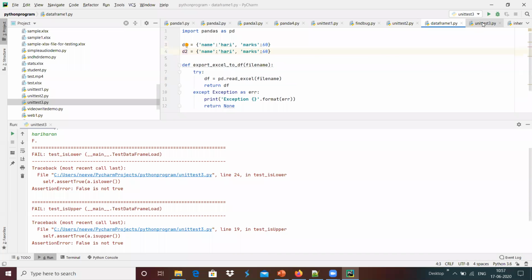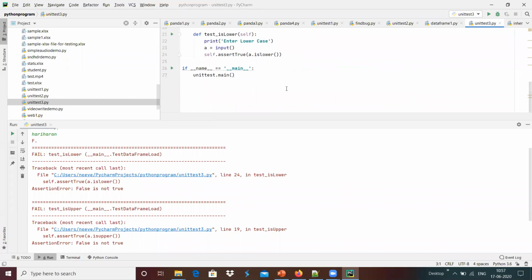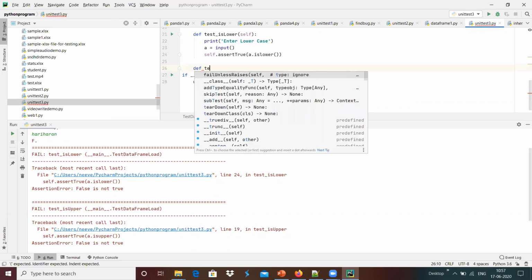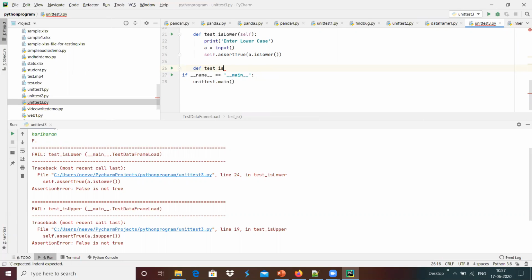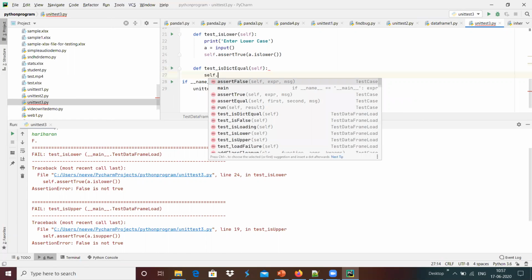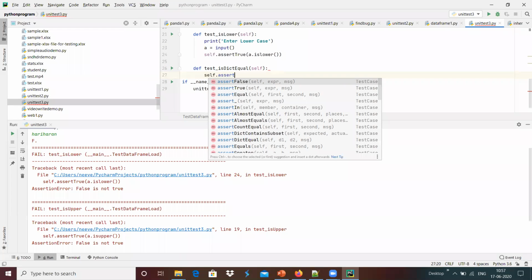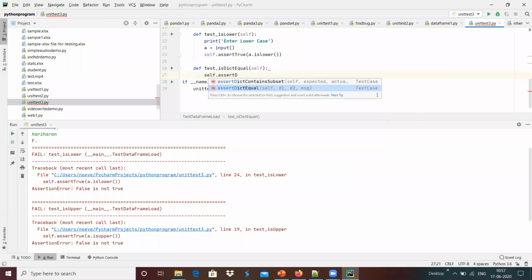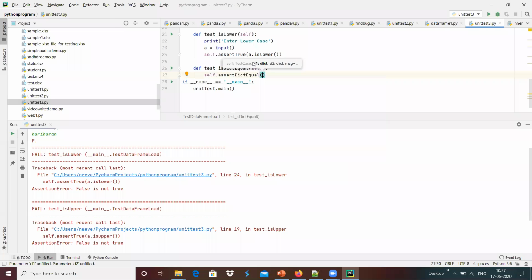And here in the unit test case, I'm going to check that a dictionary is equal. I'm going to do the test case def test is dict equal over here, and I'm going to do something like self dot assert dict equal, with data frame 1 dot d1 comma data frame 1 dot d2.